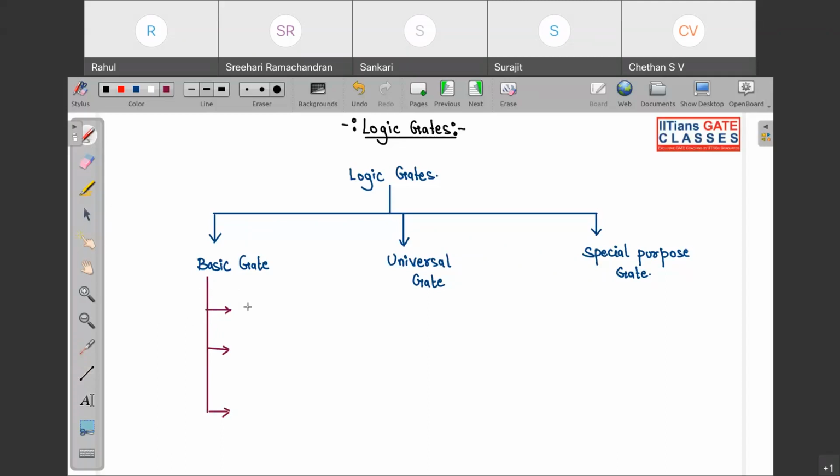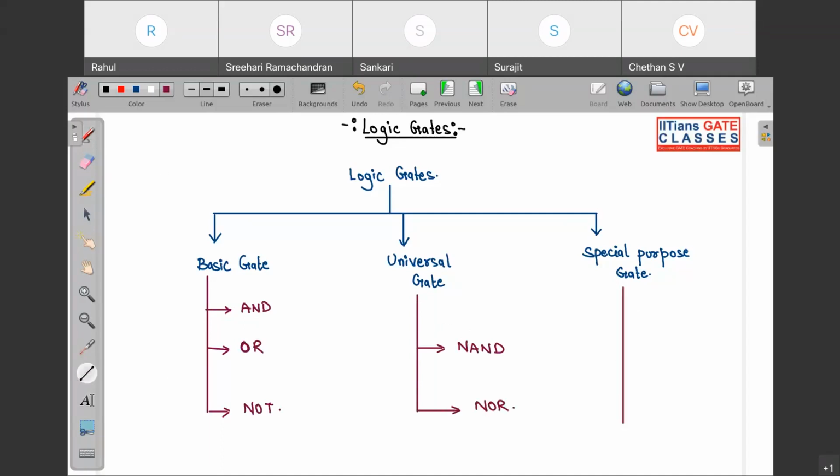So the first one is what? AND. Second is what? OR. And last is what? It is your NOT. In universal gate, there are again three kinds of gates. They are what? First is NAND, second is NOR,